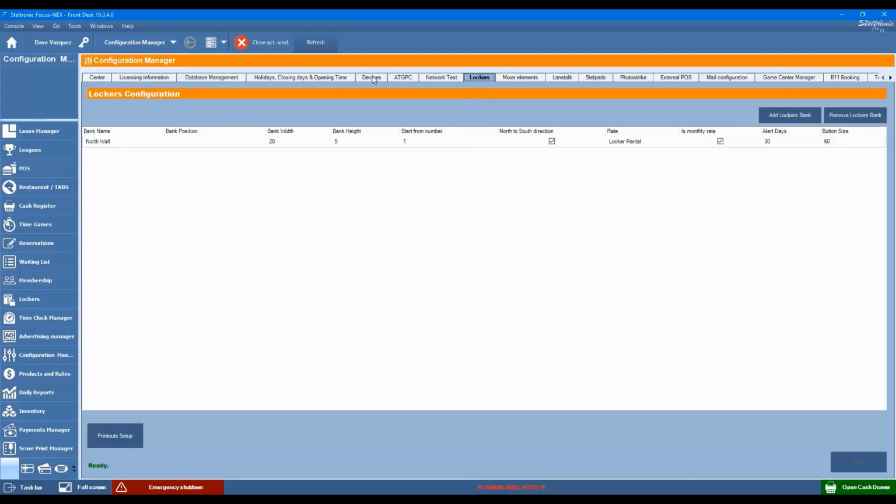Lockers. So the lockers tab allows you to configure the banks of lockers. So we have the bank name, the position, how many lockers wide by how many lockers high, and the numbering of those lockers. North to south means that they're numbered starting at the top, 1, going down 2, 3, 4, 5. And you can set up the locker rate, and if the rate is monthly or yearly, if it's yearly, you just uncheck that box, and you can set the number of days to alert you that a locker has expired, and